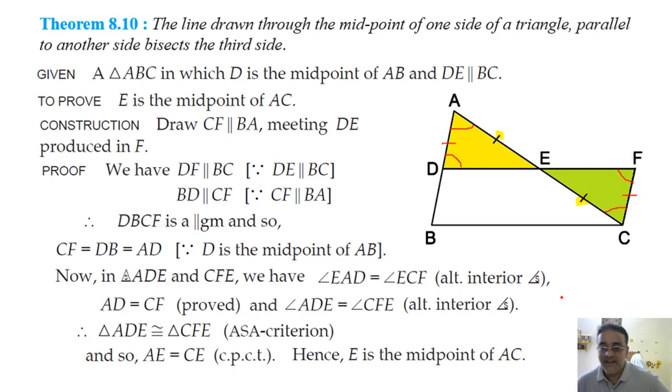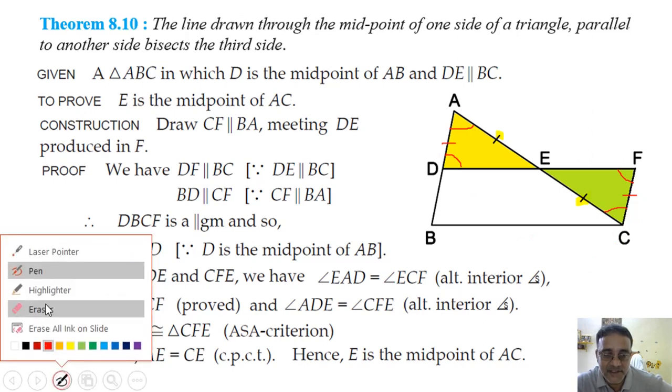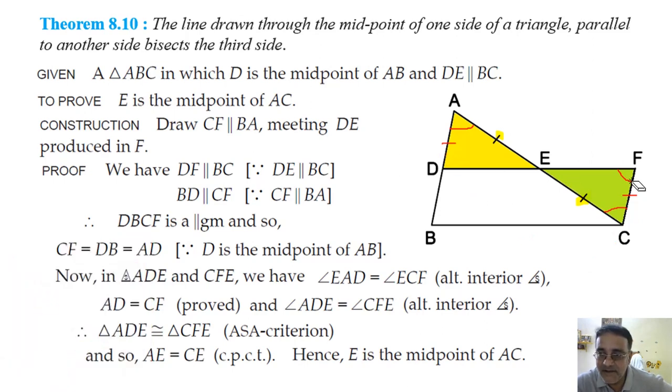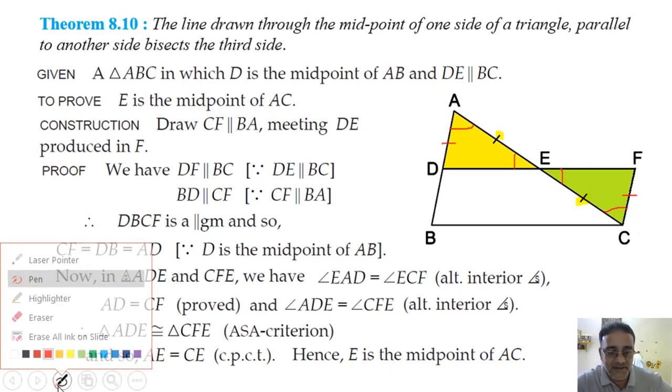Is that clear? Now see, instead of taking this one, suppose we don't want to take this and I take this one: alternate interior angles, vertical opposite angles. We can take this also. So if you are taking these two, which criteria do we have to apply? AAS. So that is up to you. You can use the criteria in this way, or also do it the way we did last time.